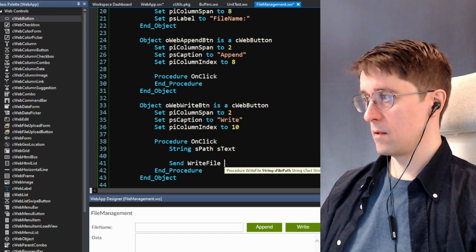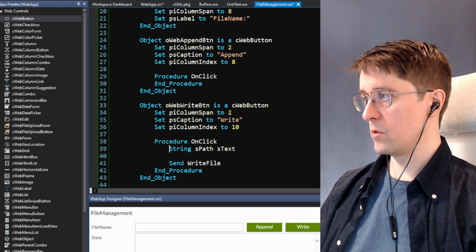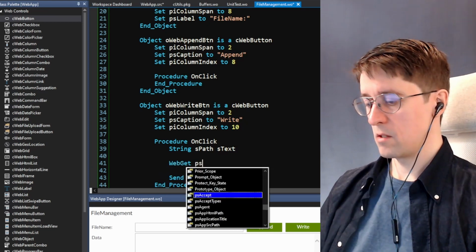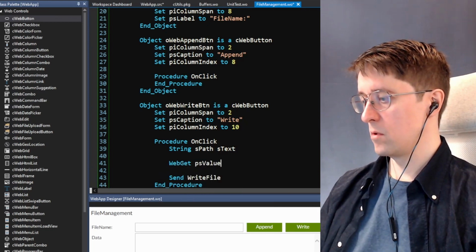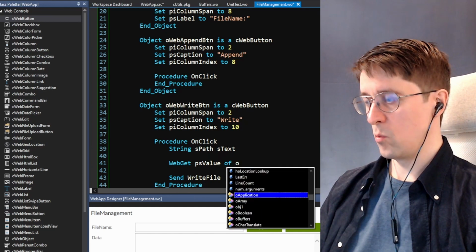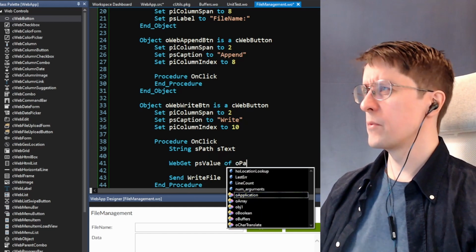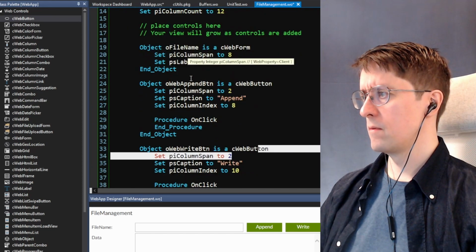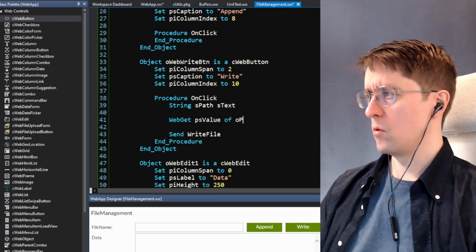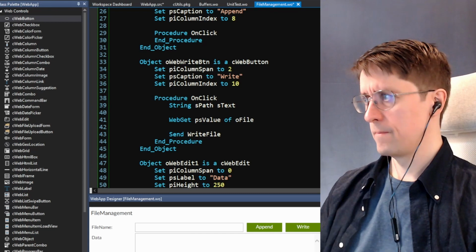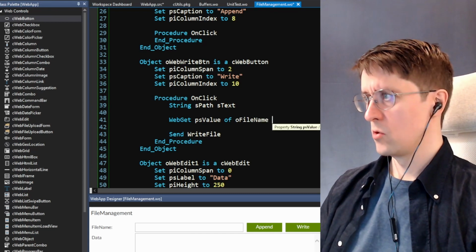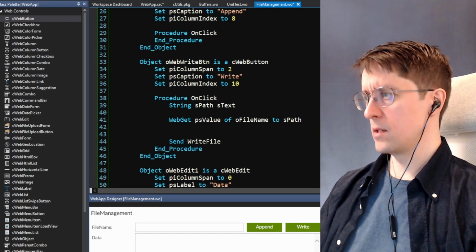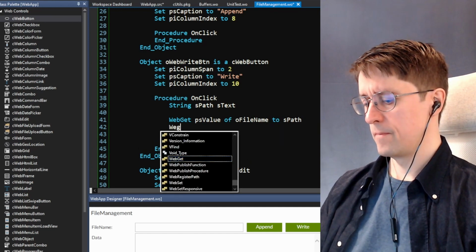The path, the S path, we want to do a web get is value of path. What did we call it? File name. Yeah, okay. So file name to is path, and we want to get the